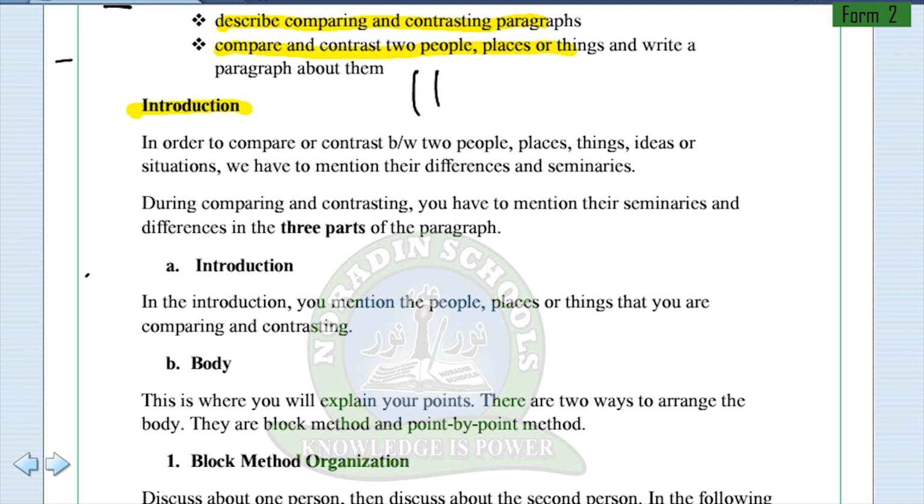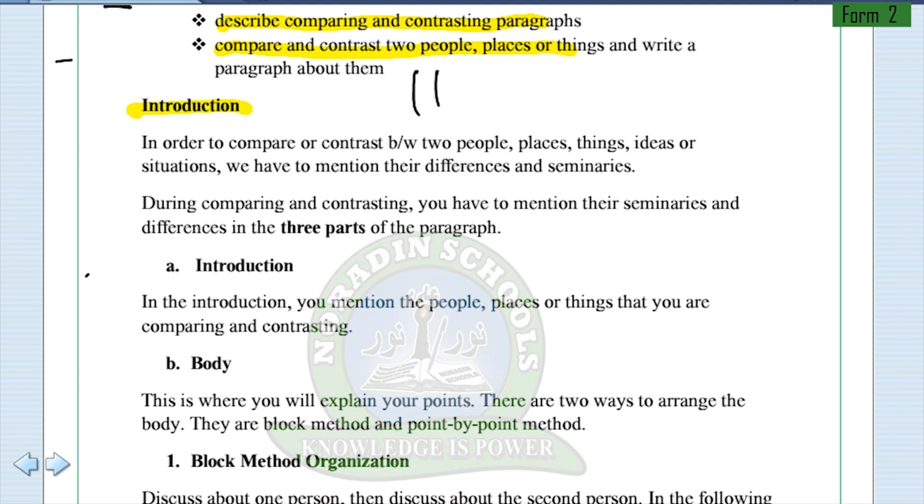two places. For example, some of you are from another region in Somaliland, so you just need to compare the region that you live in, the capital city, which is called Noradin, and the region that you are from. Maybe you are from Sanag, or maybe you are from Sool, maybe you're from Awdal, and so on. You are going to compare the similarities and the differences between your hometown, your region, and the region that you